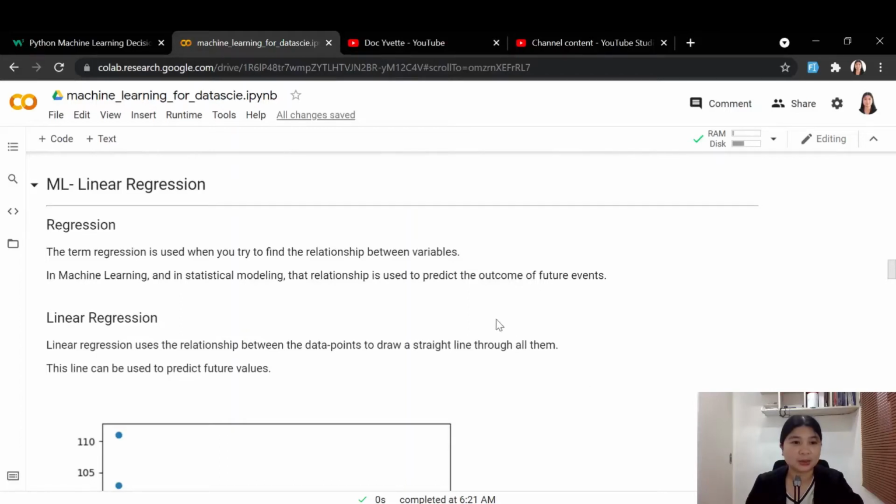Okay, so next topic is machine learning linear regression. The term regression is used when you try to find the relationship between variables. We had the lesson last time about the linear function, and I already discussed what the linear function is, and it also tries to find the relationship between two variables. In machine learning class and in statistical modeling, that relationship is used to predict the outcome of future events. So, class, if we can find a relationship, we can use it to predict